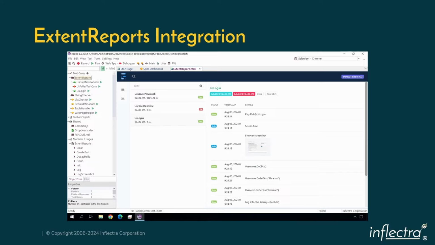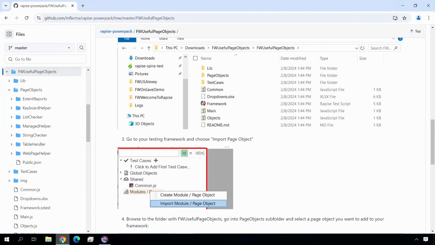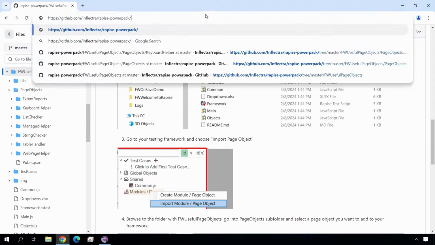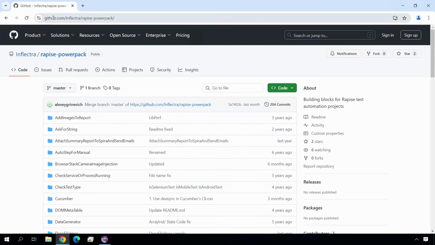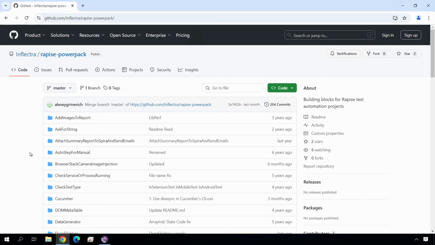ExtentReports is a popular logger-style reporting library for automated tests. And since Rapise 8.2, there is a simple way of using it for custom reporting. To quickly see how ExtentReports integration works in Rapise, you may simply clone the PowerPack repository from GitHub. So let's go to the root of this repository, github.com, Inflectra Rapise PowerPack. And if you clone it,